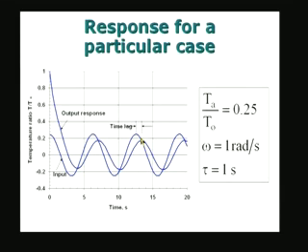Phase lag is nothing but we can interpret it as omega times some t lag, and therefore omega t lag is equal to the phase lag, and therefore phase lag divided by omega will give you the time lag. So, in this case you see that there is a time lag of something like 1 second or whatever equivalent of that, because omega is equal to 1, tau equal to 1. So, the response for a particular case is shown here,